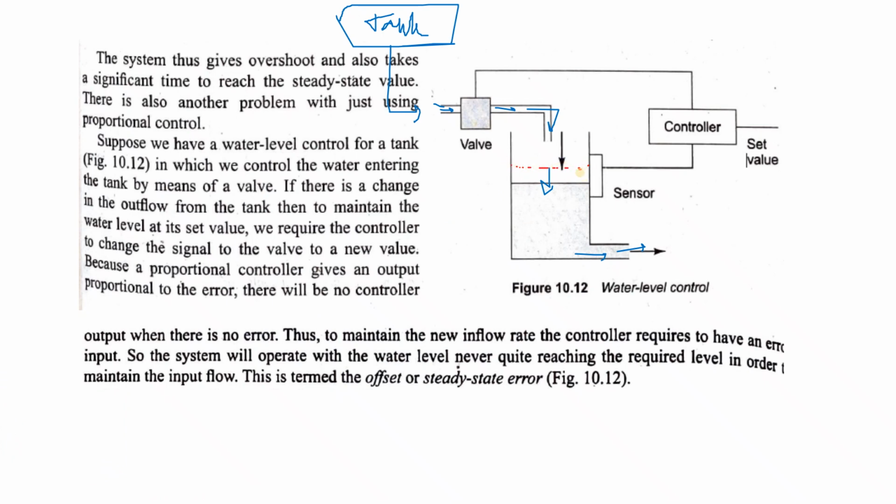So it is giving, but initially what happens, in the first case, if I represent it in this way, suppose water was over here. Okay, suppose this was the water level. Now when it has decreased and reached over here, then the sensor is sensing and giving the controller the action, and the valve is open. Now after that the water level is maintained up to here, because if the water level is decreased more, the signal will be given to the valve in such a way that more water is incoming. So it is maintained over here, but initially there was a gap. That gap cannot be filled. Okay, so this is called the steady state error.